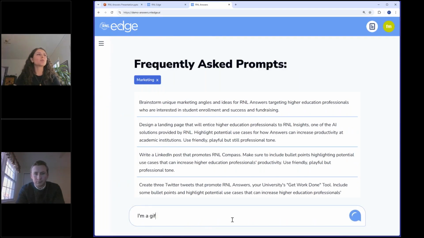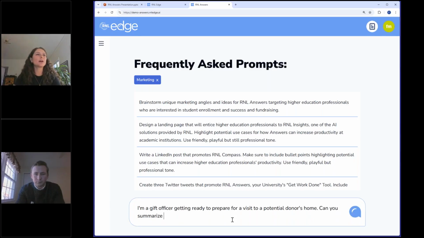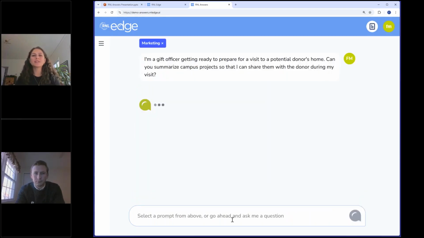And I'm going to tell the tool that, because when we're prompt engineering, we want to make sure that we're giving the tool as much relevant information as possible to create a relevant response, much as if you were talking to a colleague, you would give them this context. So I'll say, can you summarize campus projects so that I can share them with the donor during my visit? There's lots going on campus. I'm sure we're all feeling that, so I want to make sure I'm up to date with the latest stuff